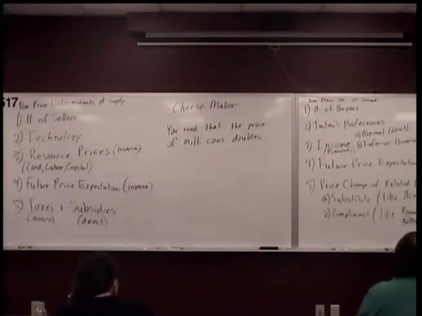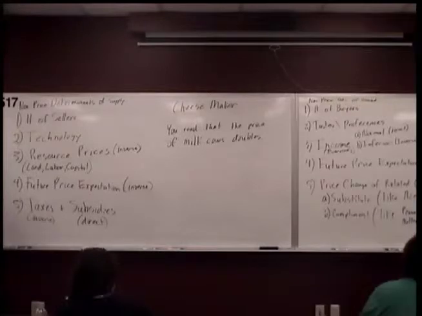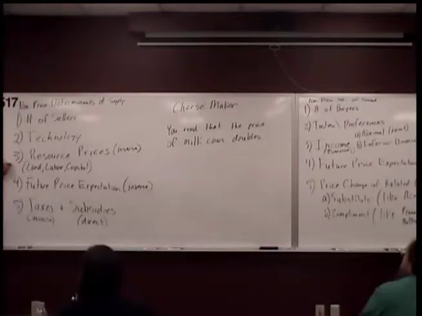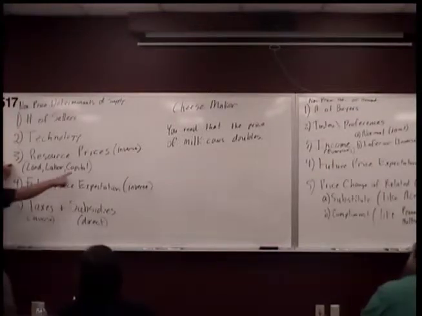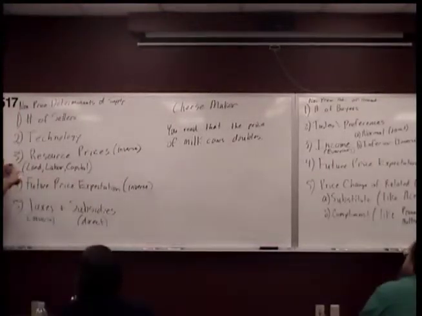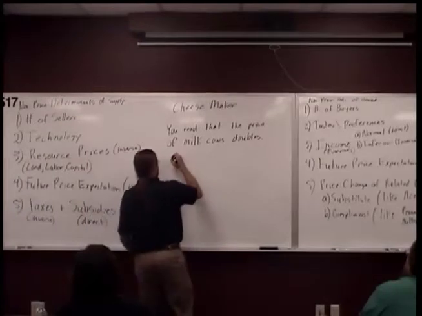Why? Because it's already happened, milk cows doubles, you can't afford to produce that much. True. So what happened? Your resource prices went up, and since this has an inverse relationship with the supply, what happens to our supply? It goes down. All right? So our response,